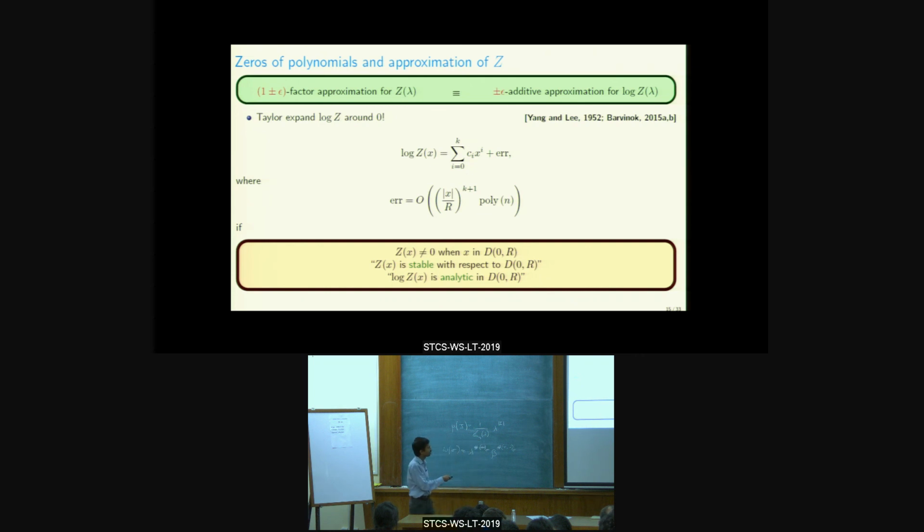This is not hard to show. And this is just another way of writing this. This name comes from something called stability theory, which we'll mention later, that this statement is also often written as the partition function is stable with respect to the disk of radius r. So the general point is that so here to show the